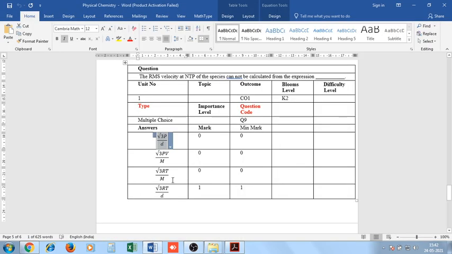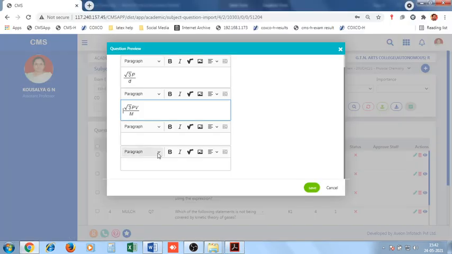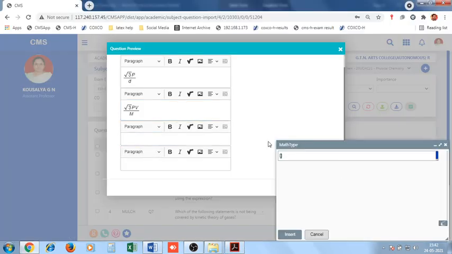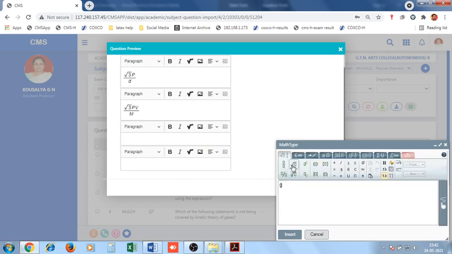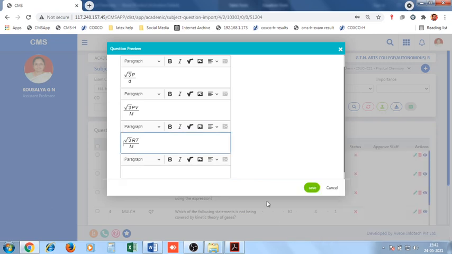Let me do it quickly. Root 3 RT by M. Here we have to add root 3 RT by M. That is inserted.